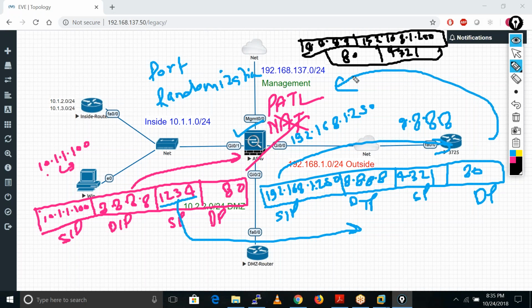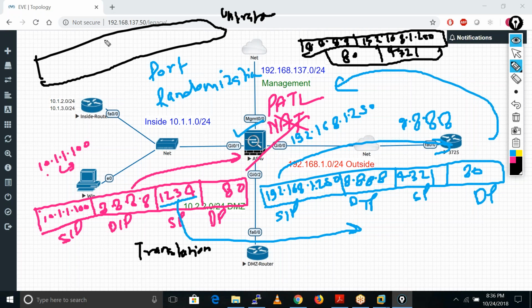So first, in the xlate table, it finds out that this is the same traffic. After that, it does the untranslation. When it translates this packet into this packet, that is known as a translation. When it receives the reply from that server, it does the untranslation. Remember this: here it is doing translation, here it is doing untranslation. So after untranslation, what is the packet like?